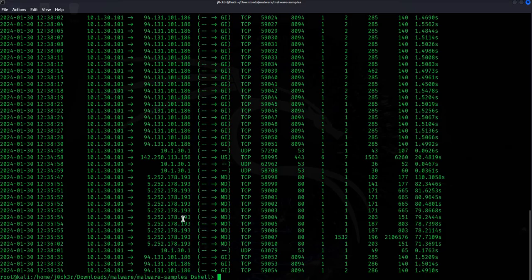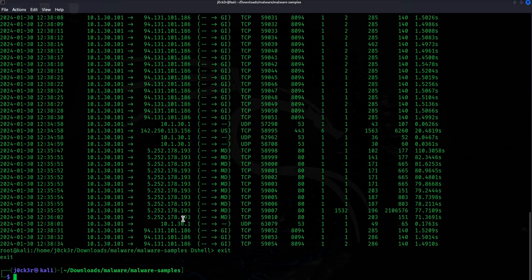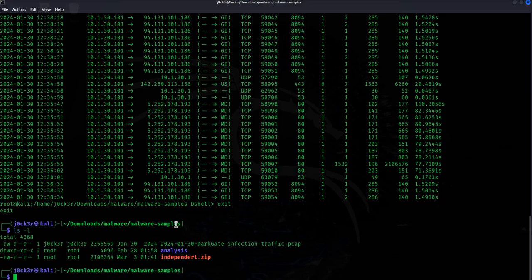Yep. So I was saying that DShell is a very important utility when it comes to digital forensics. I've been using this for years now, and it is working beautifully. So I recommend everyone to use DShell. But let's analyze what we have in this